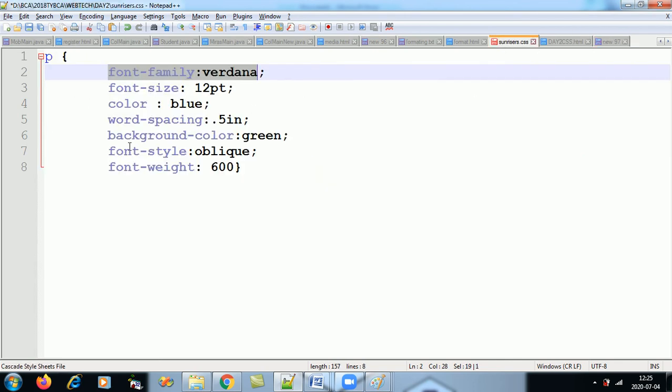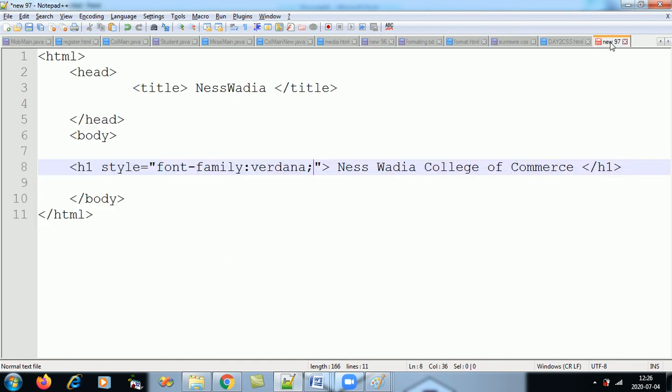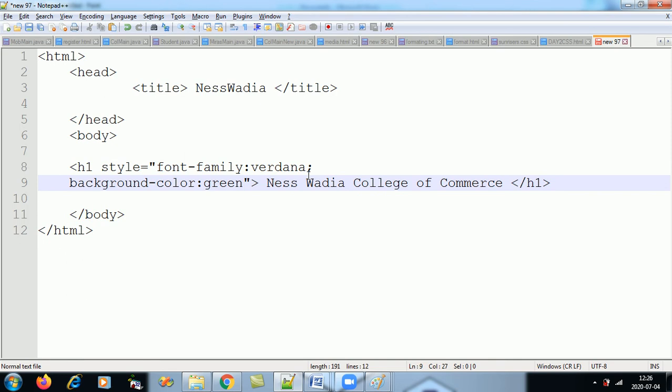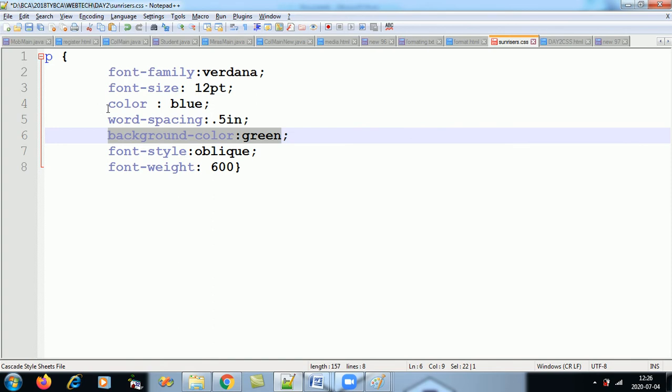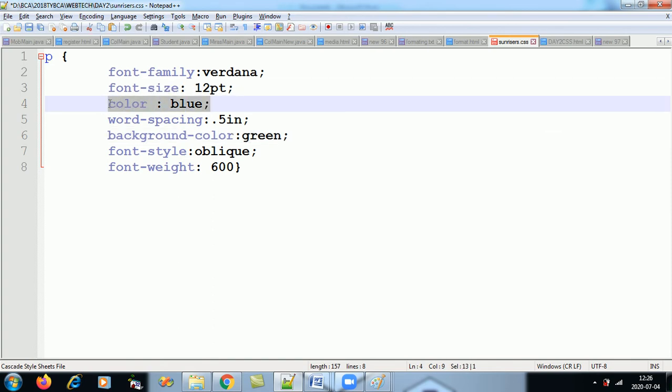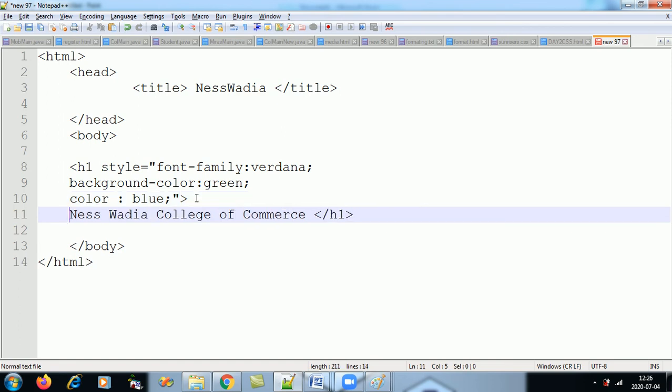If you also wish to give the background color, like when I'm selecting this line, this background color which is blue, this is background-color, and the font color is just color. So let's change the background color also to green. If you have to give multiple, you can hit enter and give them on a new line also, no problem. Semicolon, and I'll also change the font color. The color means the font color, and the background color means the strip will change. So I have set these three attributes.